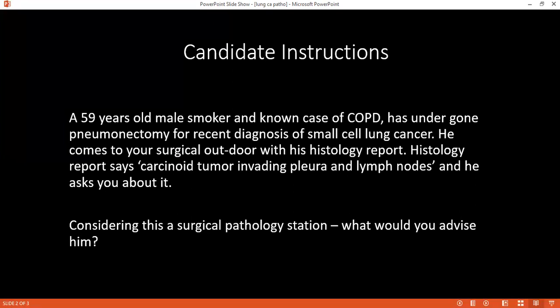Lymphatic. Through lymphatics. Okay. So what advice would you give to the patient? I will advise him to stop smoking, avoid exposure to chemicals like arsenic, beryllium, and asbestos, dyes, etc. And also, I would